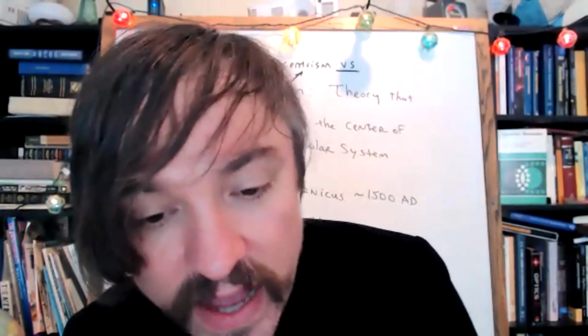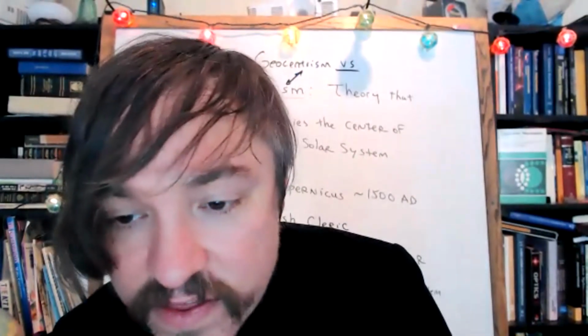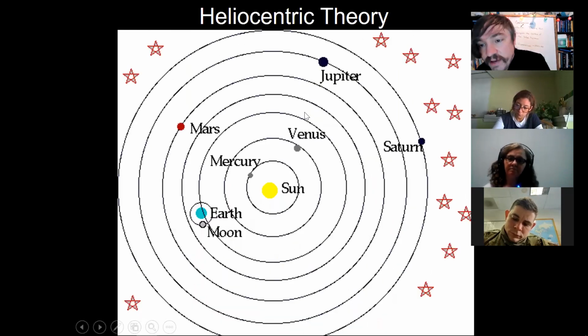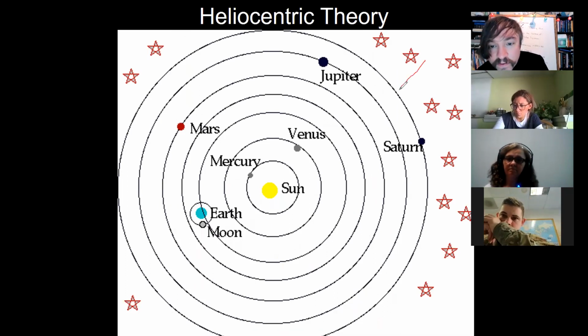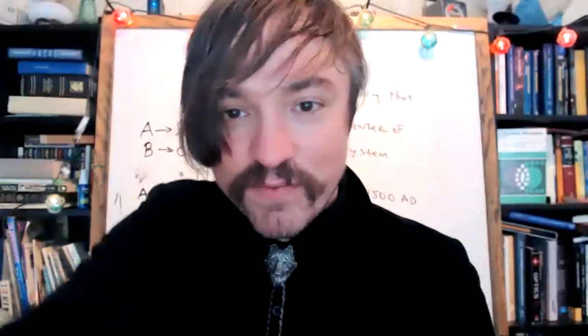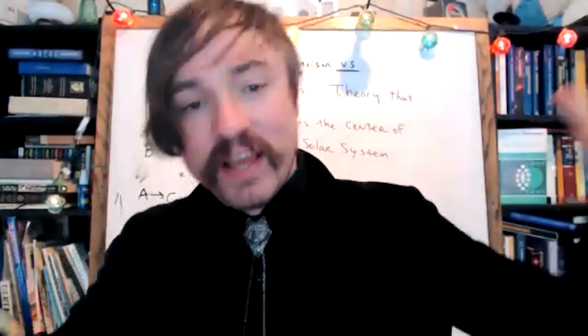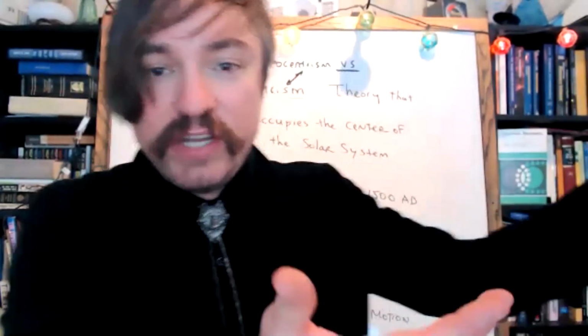One of the reasons people had difficulty accepting Copernicus's sun-centered solar system is that Copernicus made a fatal flaw in his model. Because he was once again influenced by Plato, who had argued that the motions of the heavens had to be perfectly circular, his insistence on using perfect circles for the orbits of planets meant that even Copernicus's model didn't perfectly predict the risings and settings of planets or the times of eclipses. So people could rightly say, Copernicus, you think the sun's the center of the universe? Well, look at your bad book. I can't even predict this eclipse any better than Ptolemy could, and he was around 1,000 years ago.